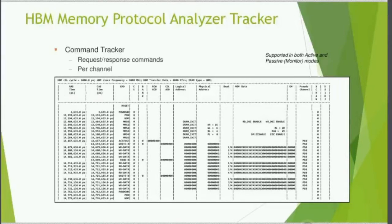So this would basically show things like, for example, we're showing here the command issue and data burst times for each pseudo channel. And we generate a tracker for each channel, making it easier to debug the situation. The HBM memory model